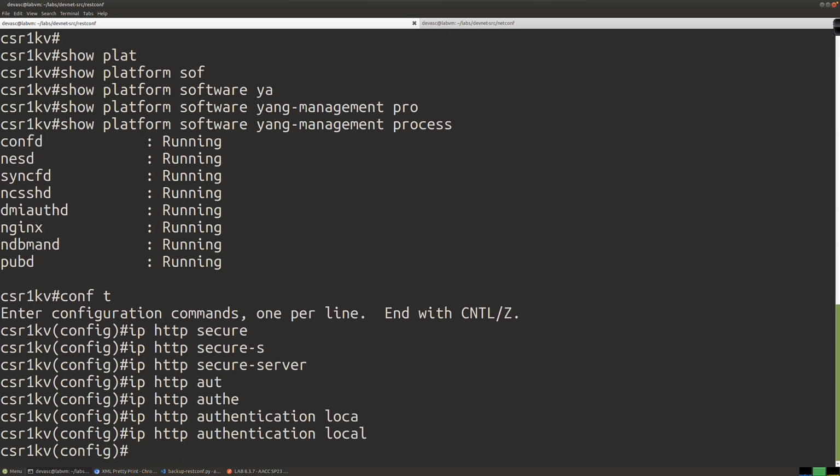And again, local just means it's using the local AAA database. And what's the local AAA database? Well, it's just the username password stuff that you see configured here on the router. All right. So again, if I was to come back and say,